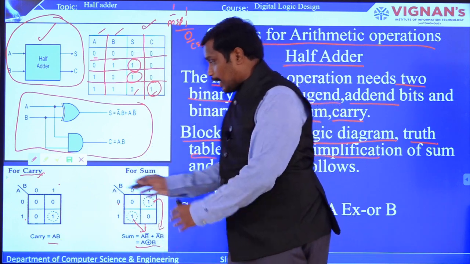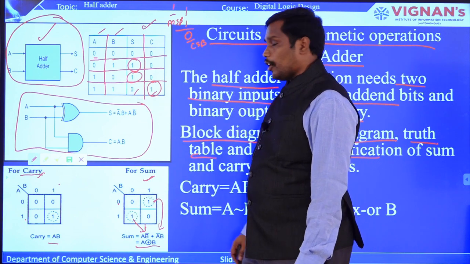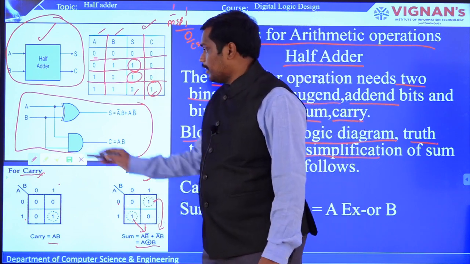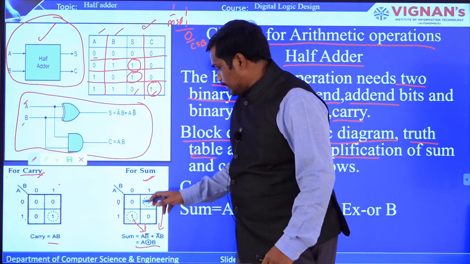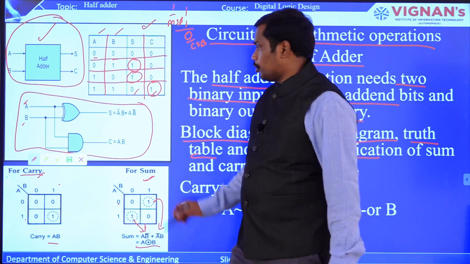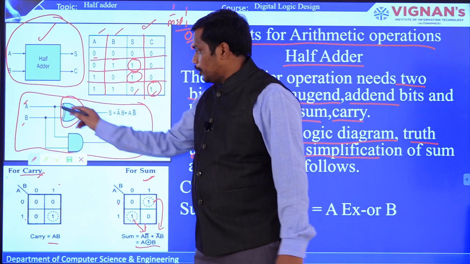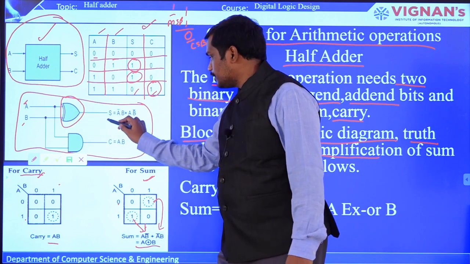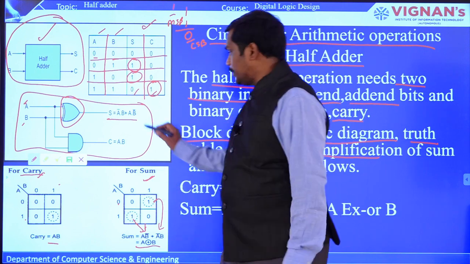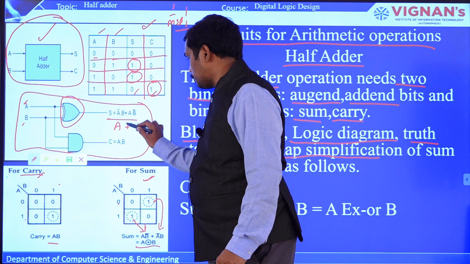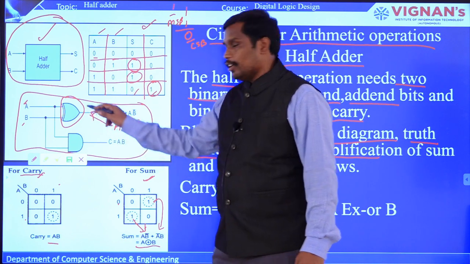Now based on this particular Karnaugh map outputs or the expressions that you have generated, you are going to have a logic diagram. In the logic diagram you can see A and B are input variables, and from the input variables, what is the sum? Sum is A exclusive OR B. So I have represented it with a gate which is XOR. Inputs are given as A and B to the XOR, and you get sum equal to A bar B plus A B bar, which is A exclusive OR B, right? So this is the gate that we have to use for XOR.